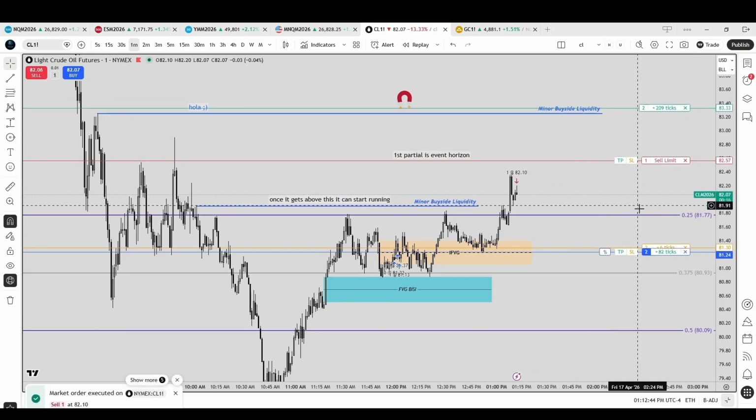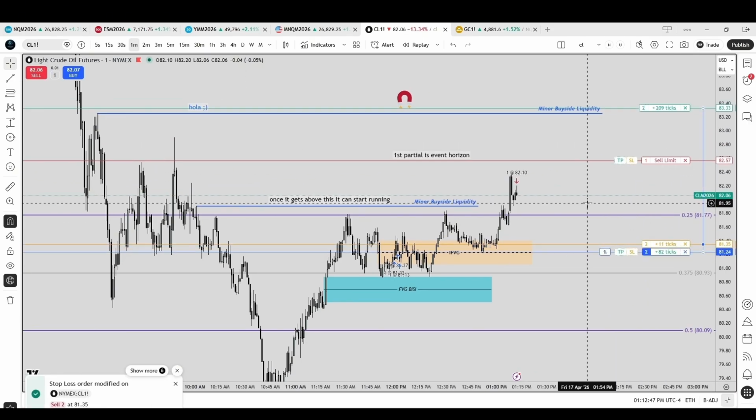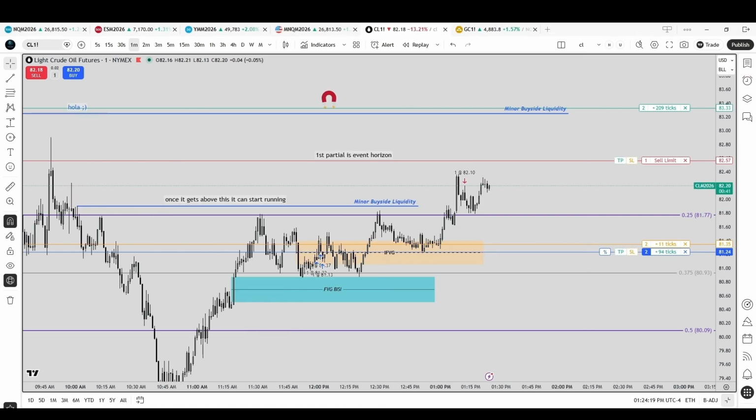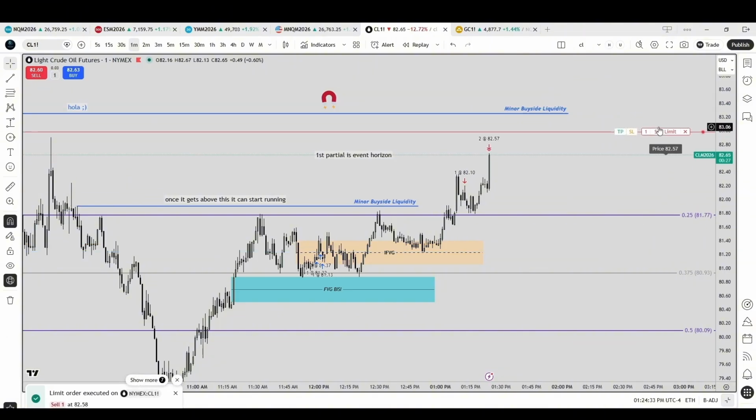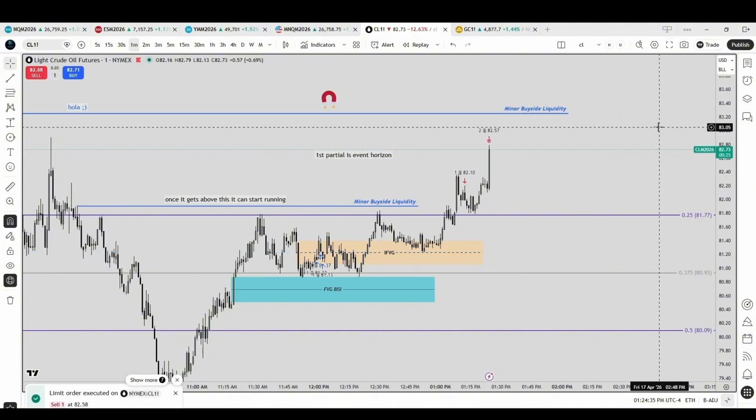So I took one partial here just because it failed to touch that event horizon. I wanted to see it done with either that candle that started the speed or the one next to it. That's the only reason I took one partial out here and placed my stop at break even, covering the risk free. Right now we're so close to our target, first partial, which here I made a mistake by taking out